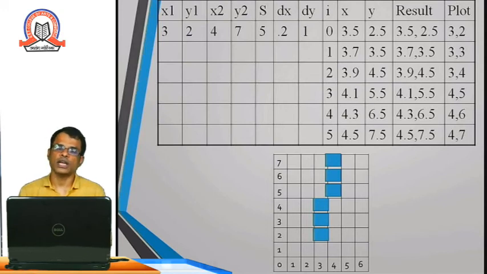Now how do you find the incrementing values? dx, that is x2 minus x1, which is 1, divided by the number of steps. So 1 divided by 5 is 0.2. And dy, that is y2 minus y1, is 5, divided by the number of steps, that is 5. So your dy is 1. In the first round you add 0.5 to the initial points and get the new points, and from the next time onwards you just keep on adding the incrementing values dx and dy, that is 0.2 and 1. And once you start, you plot those points on the screen.